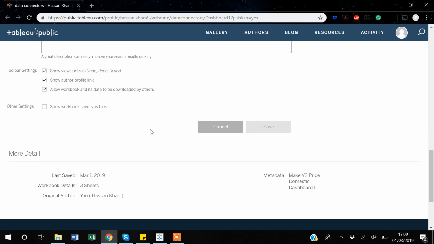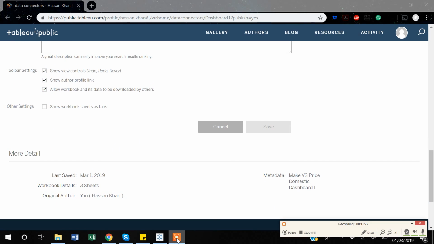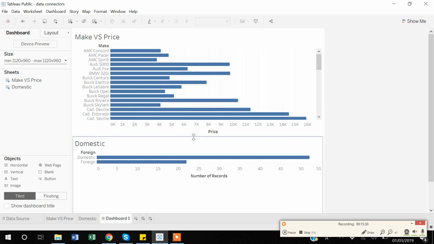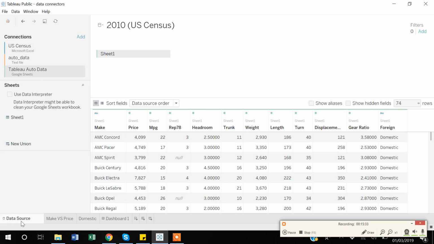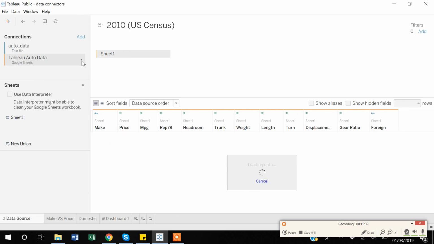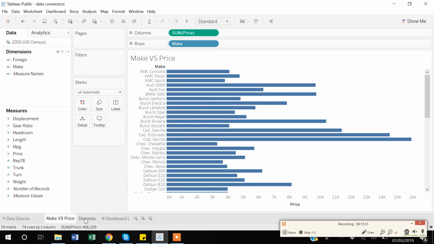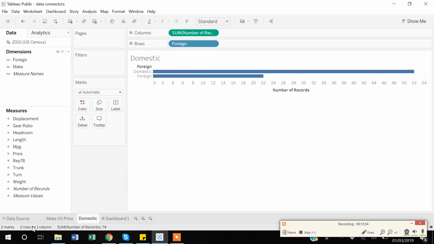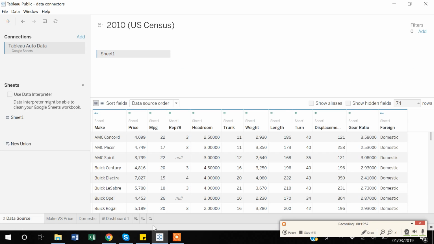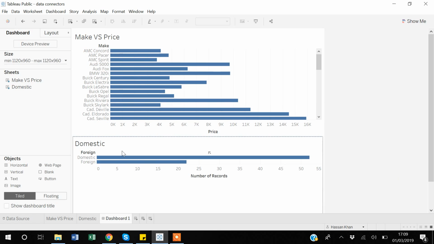And here I would like to show you guys one more thing. Suppose I go back to my data source, and suppose I want to remove the US census, if I remove this auto data, and I work only with my data which is coming from a US census, as you can see here. So now if I save this dashboard online,